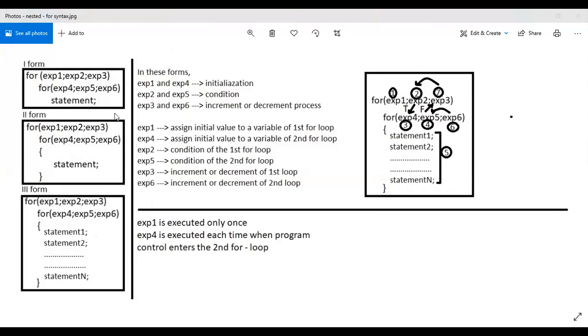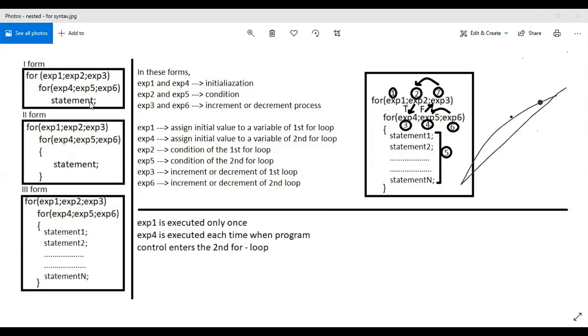Coming to the nested for concept, we have discussed it, but one more time I will explain with syntax and examples, because it's not so easy to understand this concept. In the first form, I have written for expression 1, expression 2, expression 3. Next, for expression 4, expression 5, expression 6. Next statement. That is the first one.